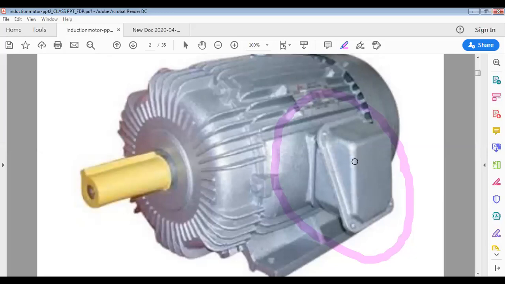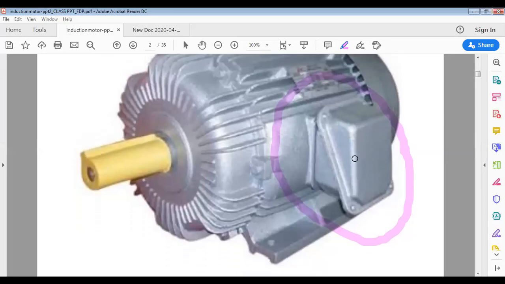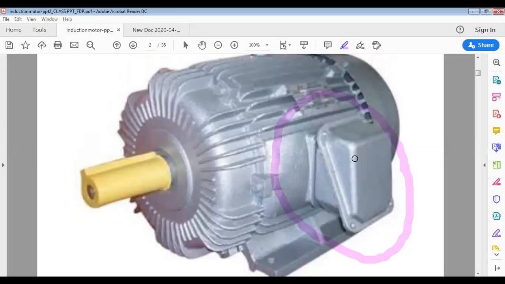Got it? Okay, so three windings are there on the stator of this three-phase induction motor. These three windings you can connect either in star or in delta with the help of terminals available in the terminal box. Its general construction is the same. Centrally, it's a shaft. What is wound on the shaft? Yes, every machine. What do we call it? Any machine, whether it is a motor or generator, centrally, it's a shaft. What is wound on the shaft?